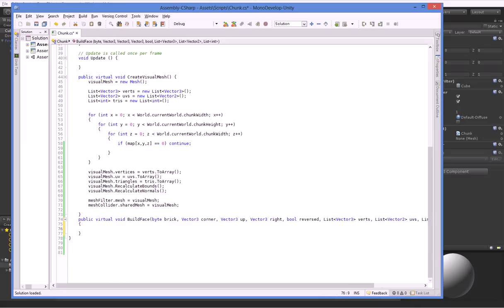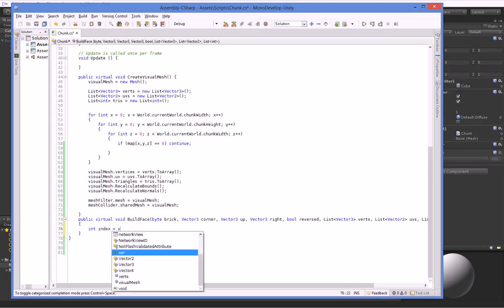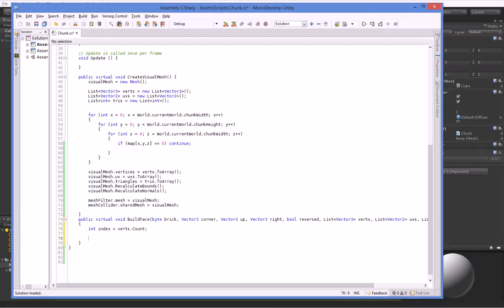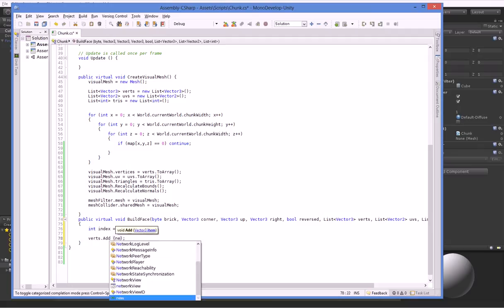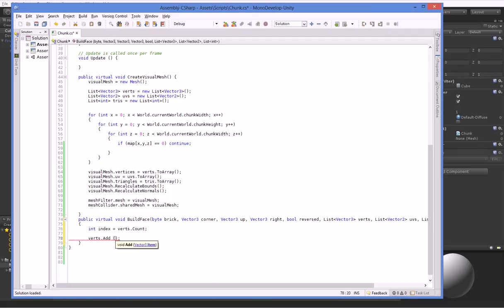So here in build face, we're just going to go ahead and build a face. A face consists of 4 points with 2 triangles to connect those 4 points, and that means there's 4 points, 4 UV points, and 6 integer values for the triangle list. So we say int index equals verts.count. Then we say verts.add new vector, not a new vector 3, it's just a corner